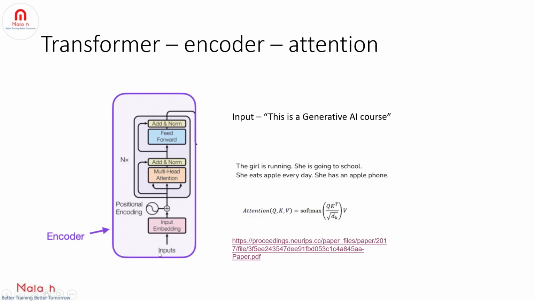Alright, so we saw once we pass the input sequence, how we are generating the input embeddings, how we are generating the positional encoding, and once we add them, we get input embeddings with positional encoding. And then we saw attention, and we understood how to calculate the attention score and how to normalize it using softmax. Right, so that is the encoder part, and in the coming lecture we will see the decoder side as well. Alright, thank you.